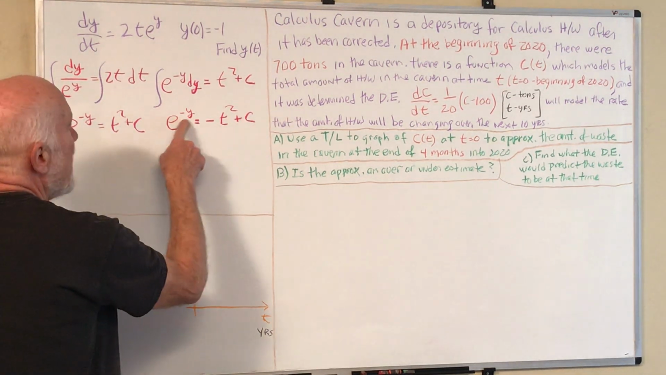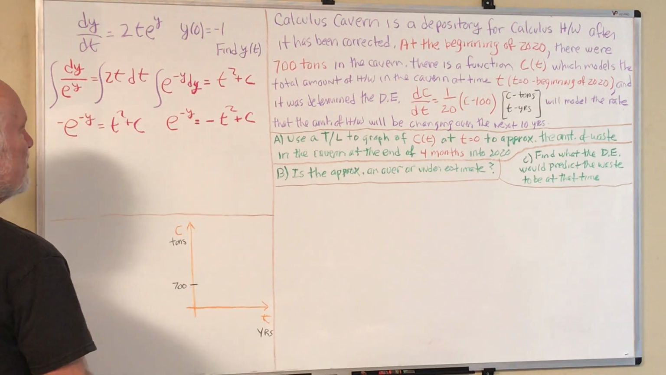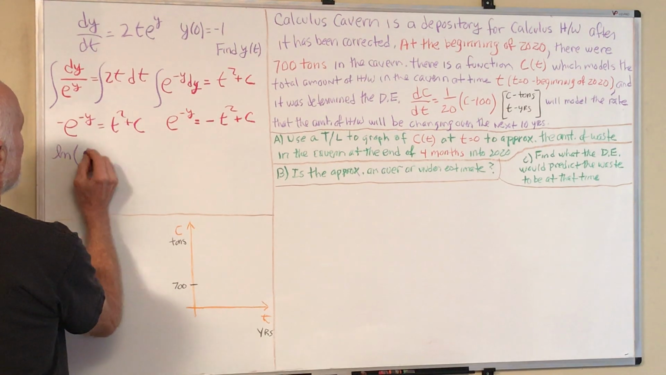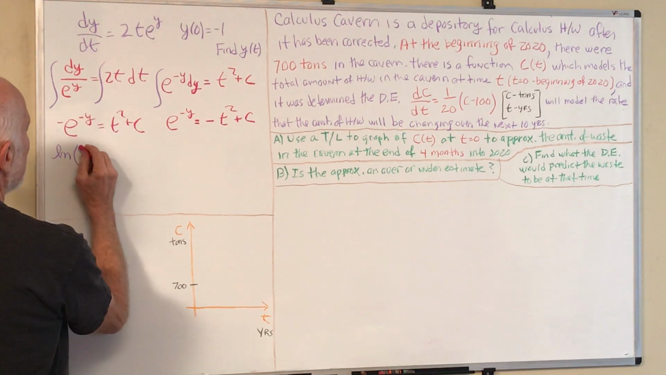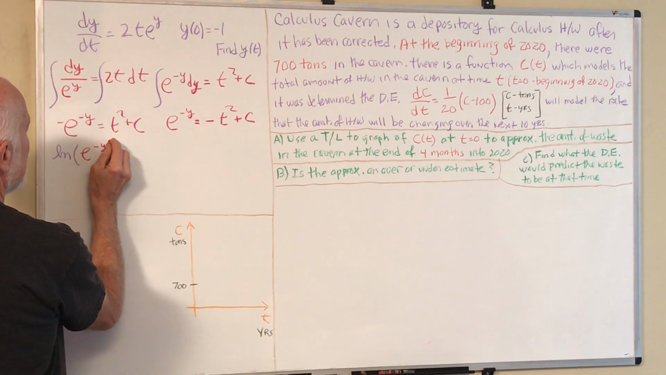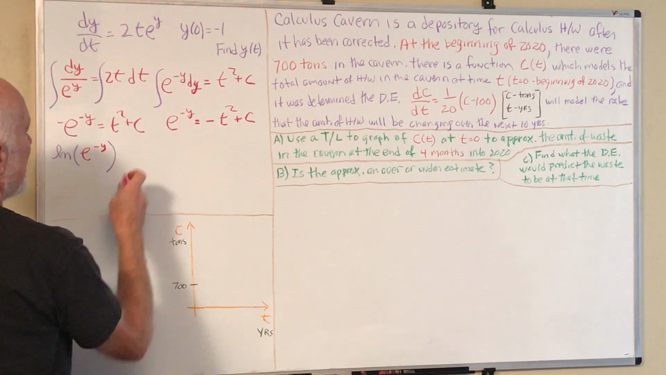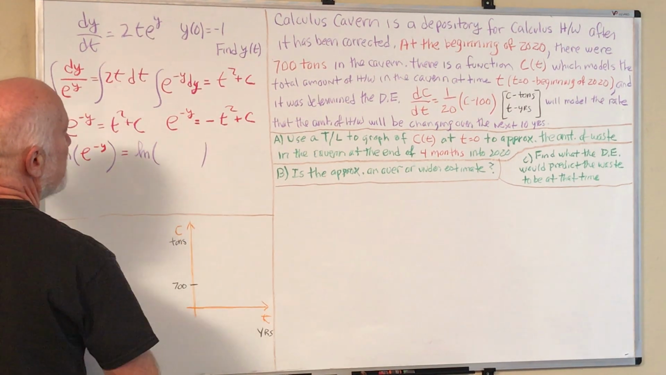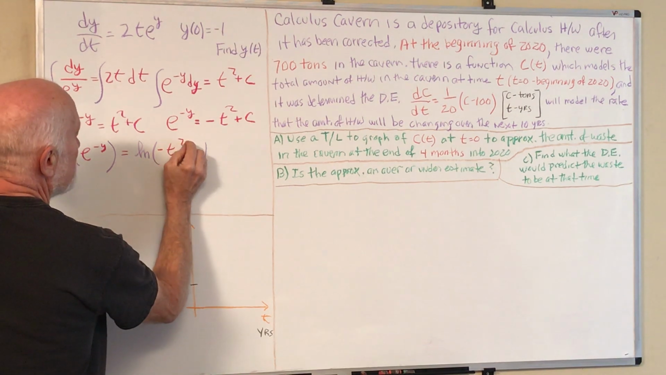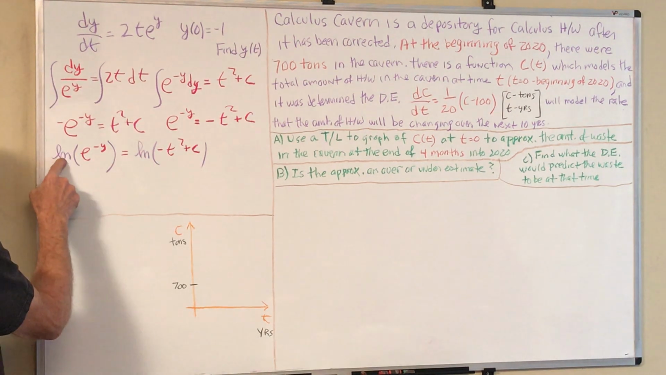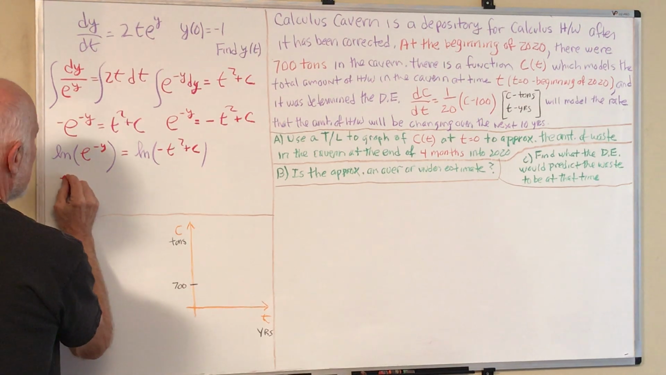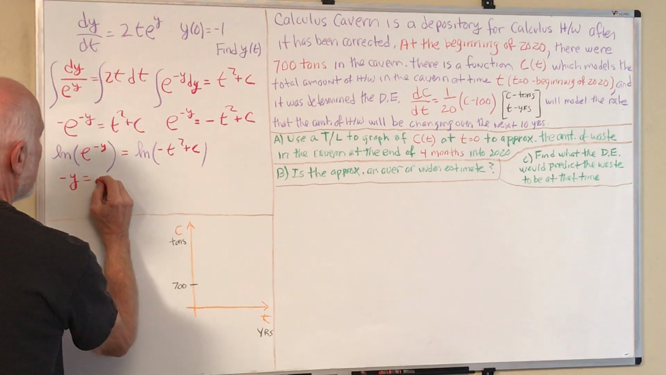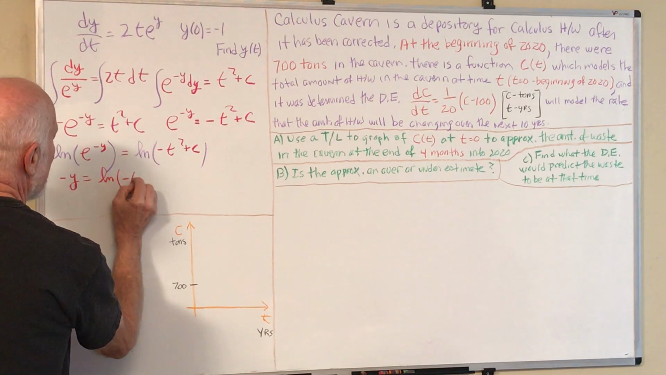And now we have to solve for y, so we have to get rid of the e. So what I'm going to do is take the natural log of both sides. Take the natural log of e to the minus y, and then that's going to equal the natural log of minus t squared plus c. The natural log of e to the negative y is just minus y, and this I just have to keep the same,